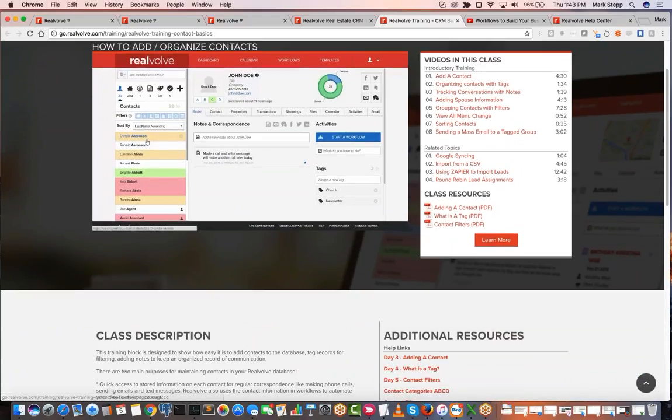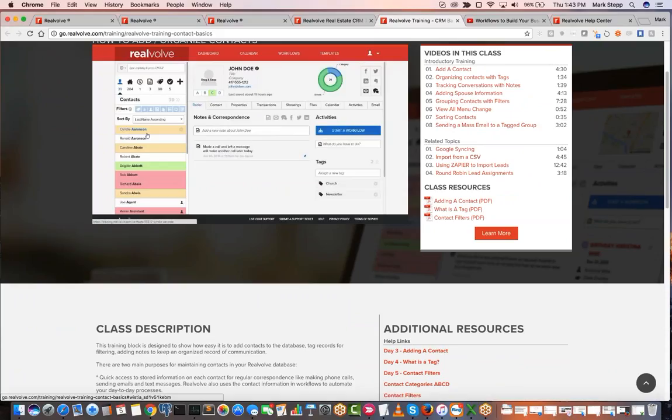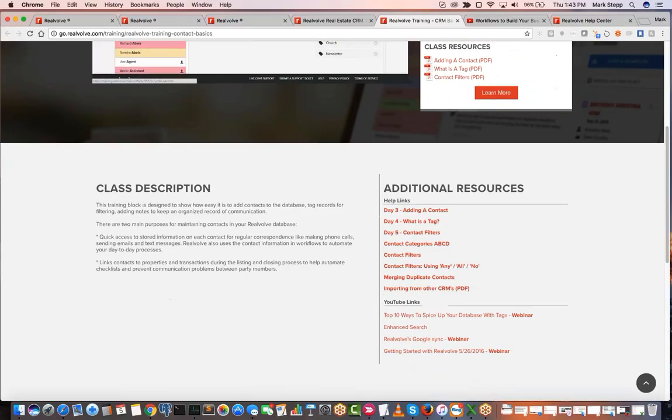As you scroll down, there are some related topics, some additional things in adding contacts. How do you add them from maybe a Google Sync, or importing them? How do you bring them in from a Zapier import using a website of some sort, or assigning round robin? So some good things there, some PDF documents that'll help you, and then some additional resources from our help site,